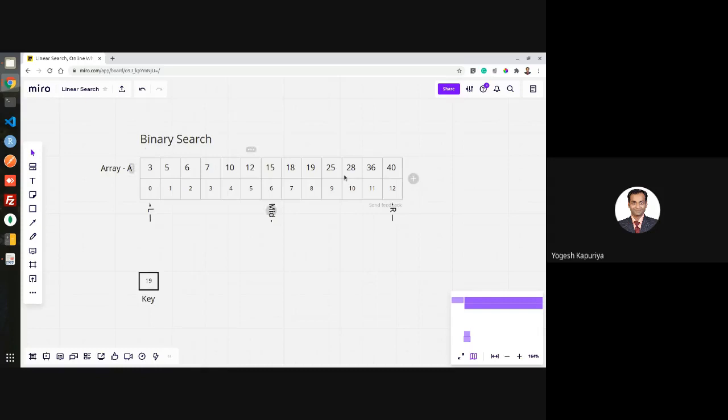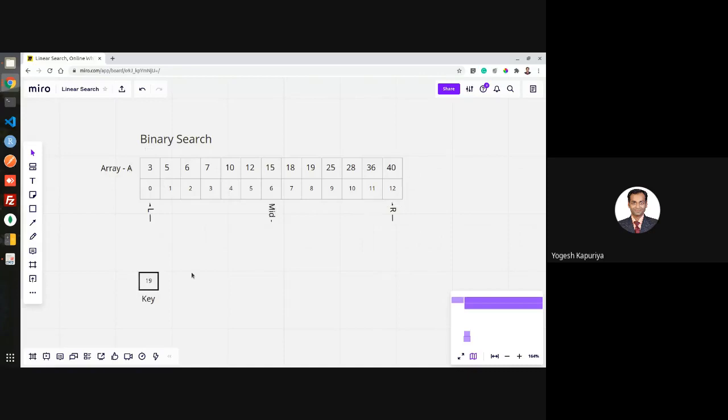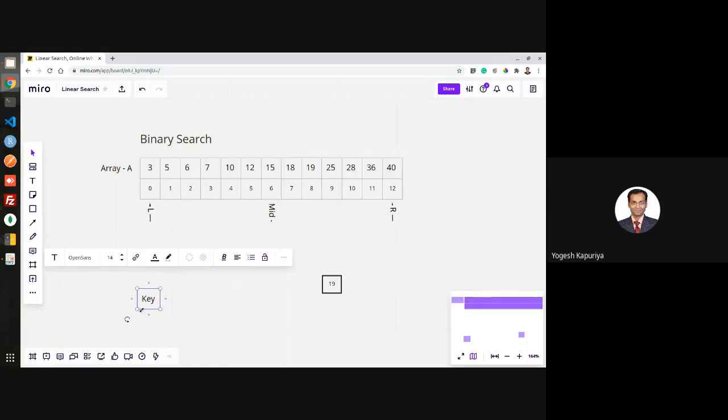The reason for that is the array is sorted. If your element is less than the midpoint, it means that it is to the left of mid. Or if your array is sorted and your element is not found at the midpoint and it is greater than the midpoint, then it means that your element is there at the right of the mid. So now, because our element is greater than the key element, there is always a chance it is inside this part.